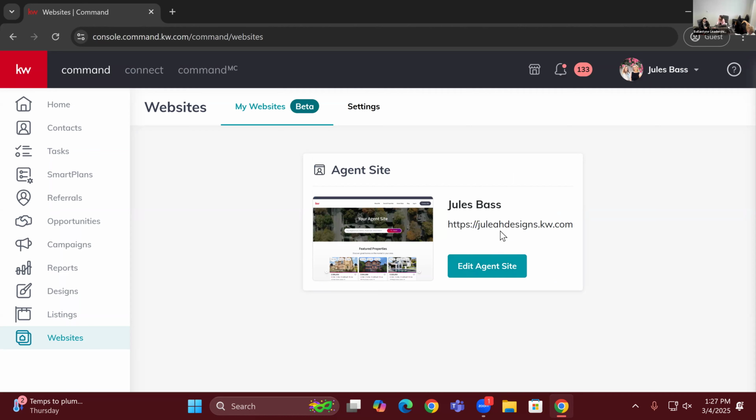What if you don't want to use their website design and you want to create your own from scratch? You absolutely can do that. One of the most expensive parts about real estate websites is the IDX feed, which allows you to search for homes within the MLS. It's usually like $200 a month just for the IDX feed. So I do really like these websites for the functionality. If you were to ever get a custom website, I might recommend at least connecting it back to this website so you don't have to pay for the IDX feed.